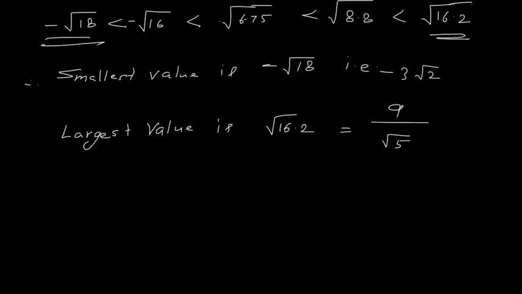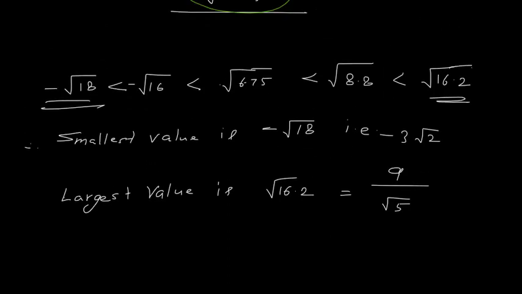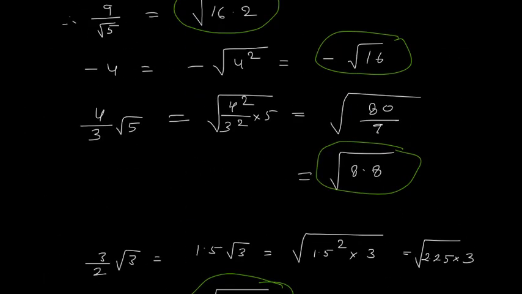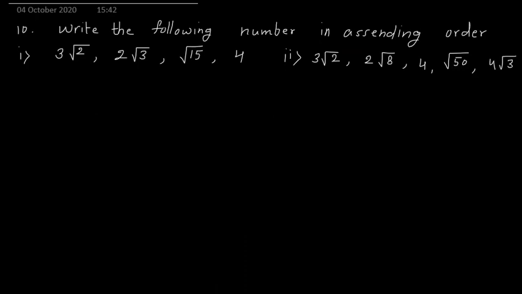Okay, so this problem I find a little difficult as the calculations are a little complicated. Now write the following numbers in ascending order. Okay, so first I have to write the smallest number, then I have to keep on writing the bigger number, next bigger number, next bigger number, like that. So we have to arrange them in ascending order. Now again in this problem we have to proceed in the same way.